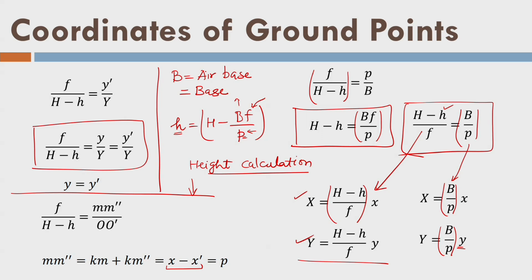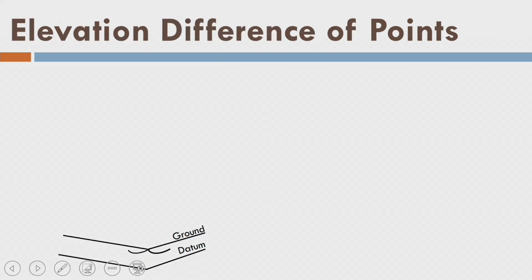So now you can see that I have done the calculations simultaneously for height as well as x and y coordinates, and here this is my x and y coordinate, and here it is my third dimension z, the height h of a point. You can relook into the animations again if you have any doubt, but remember these are very straightforward calculations. So I am writing here the scale of the photograph, and I am deriving P, B and everything. Okay, so let us start again.